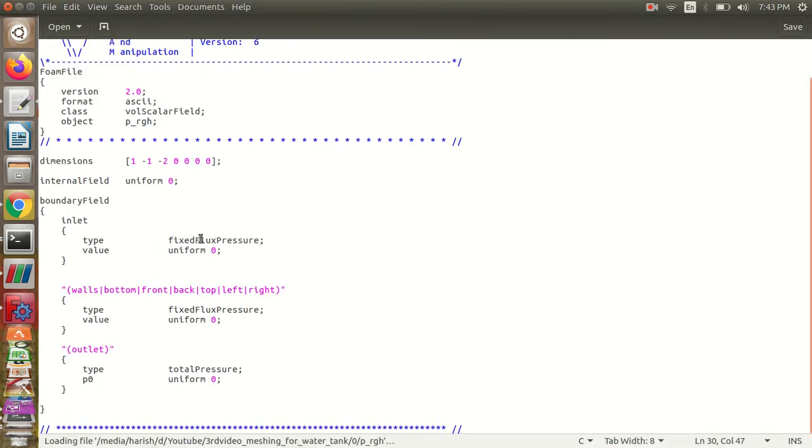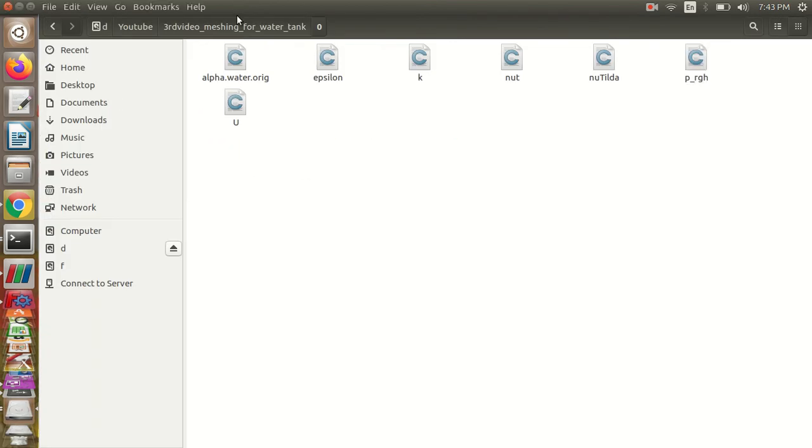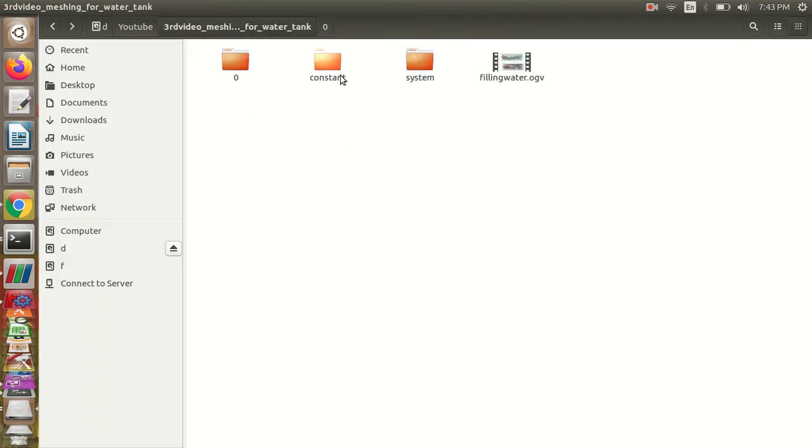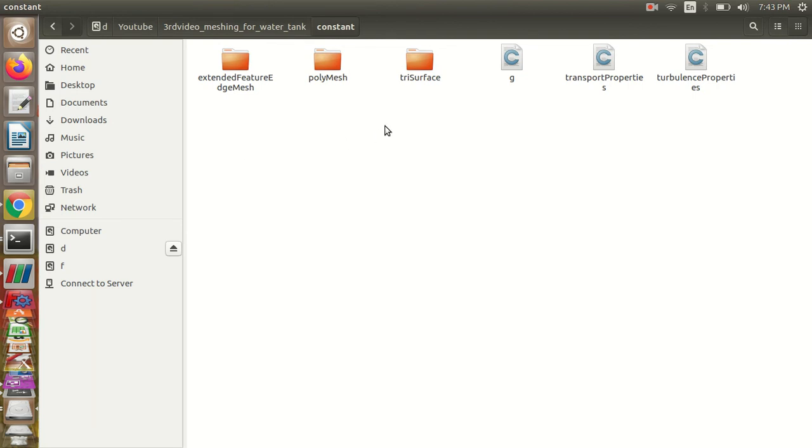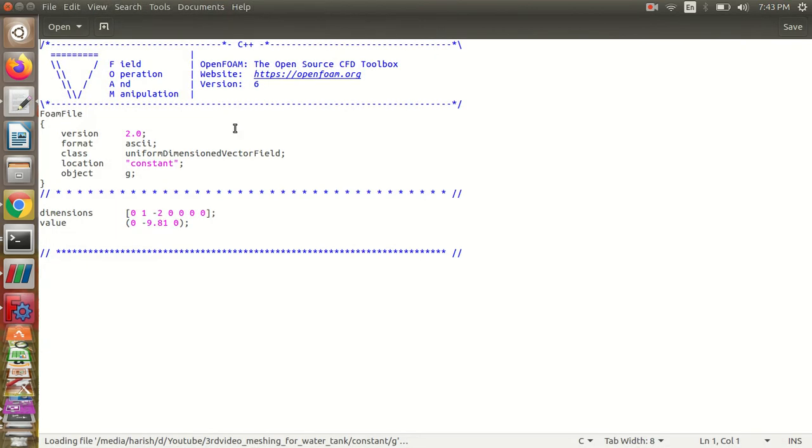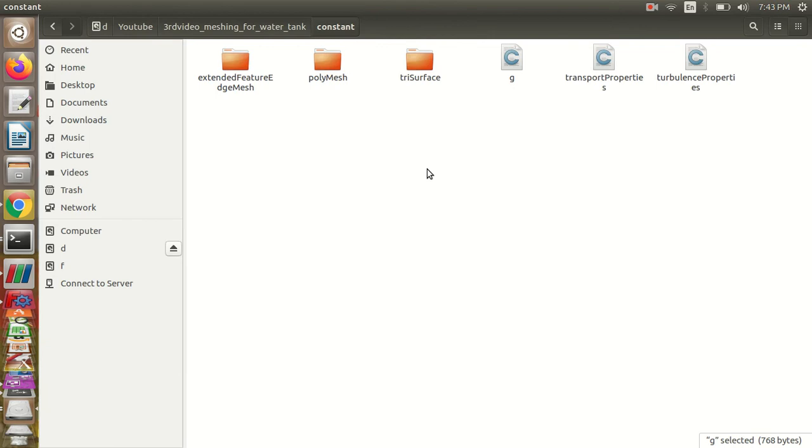For the pressure also, you can keep it like your velocity. The rest I don't want to discuss in detail. Just to give you a flavor, the direction of the acceleration due to gravity I'm keeping in the y direction. So your gravity will be in the y direction.